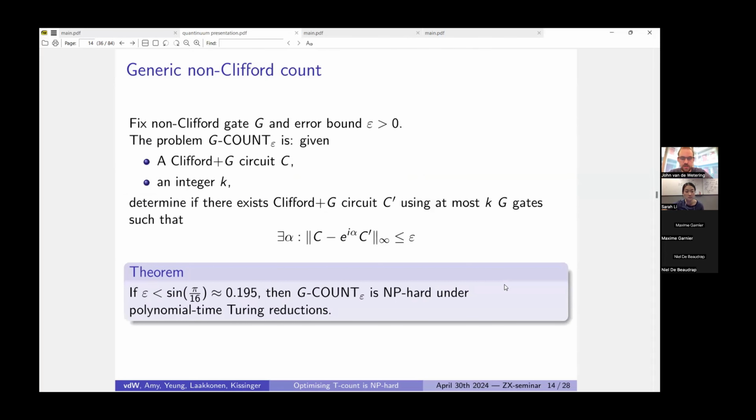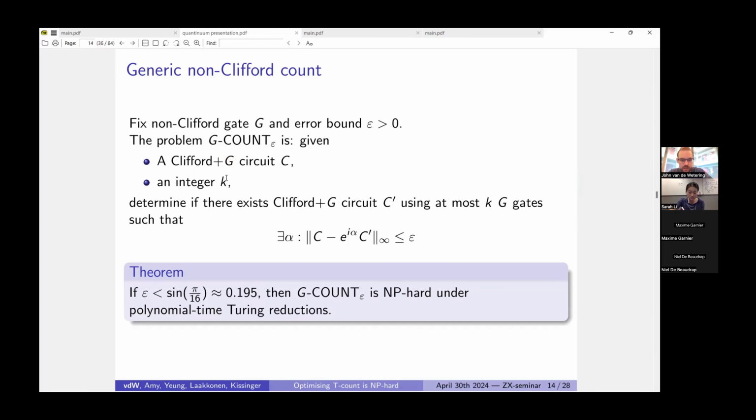Very recently, I managed to actually prove a more general statement. So this works for any non-Clifford gate. So we fix some non-Clifford gate G and some error bound epsilon. And then we define the following problem, G-count epsilon, where we are given a Clifford plus G circuit. So G could be a T gate or a square root of T gate or a Toffoli gate or anything else,